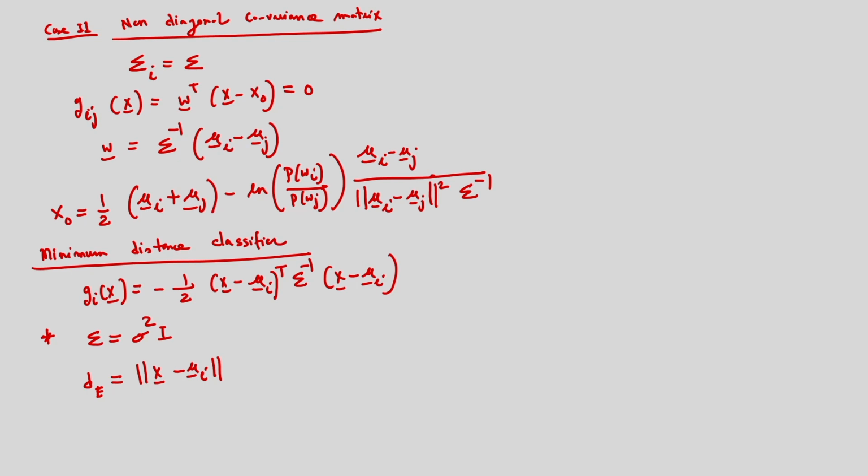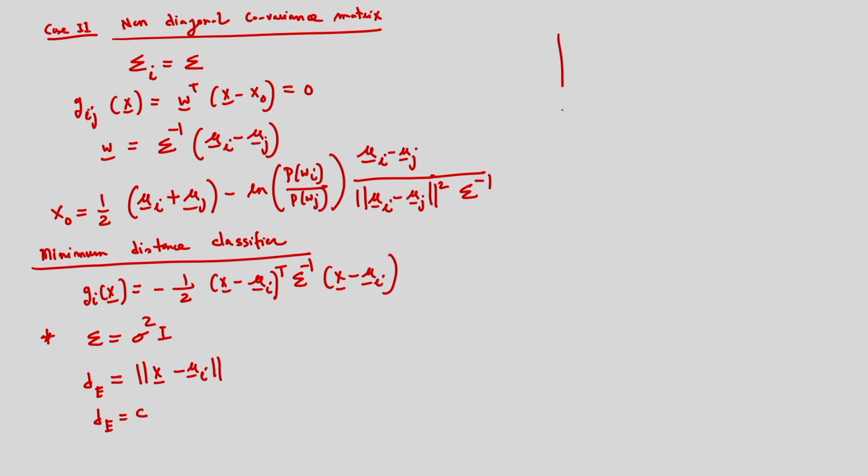I have to find the maximum discriminant function that corresponds to the minimum Euclidean distance from the respective mean points. Suppose I consider the Euclidean distance equal to a constant, then in this case I will be getting the curves of a circle in the two-dimensional case, and if I consider the high dimensional case, I will be getting a hypersphere. So that is the Euclidean distance contour I can determine.